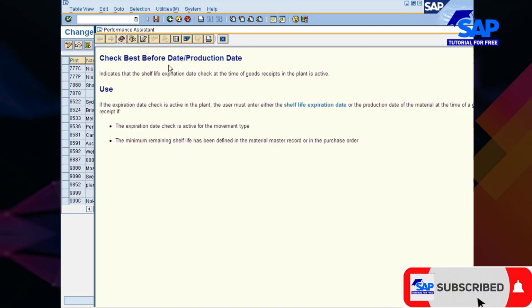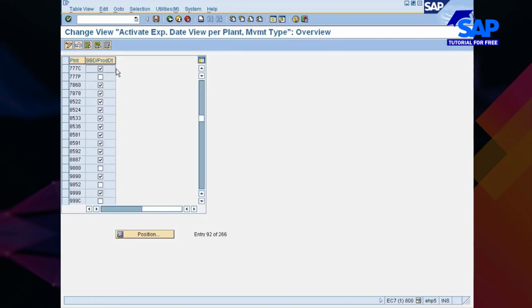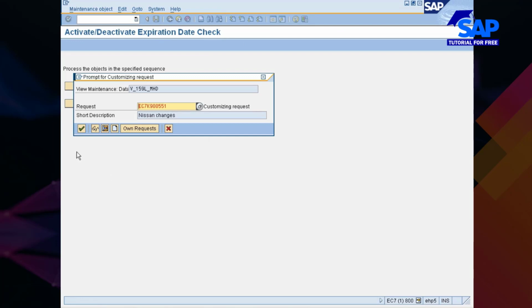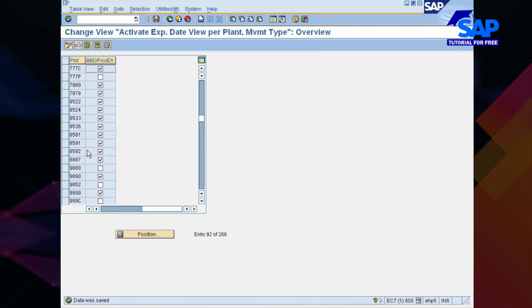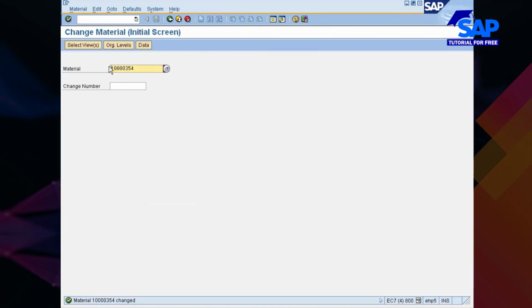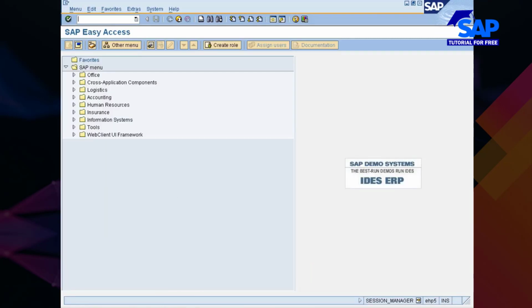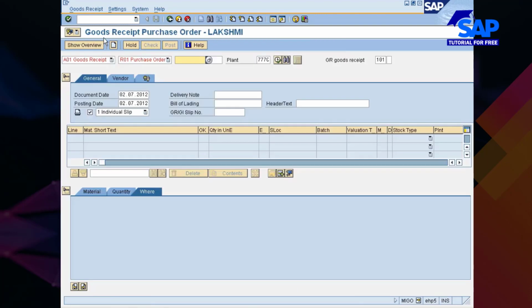Check best before date, production date. So it means what? If you check this indicator, at the time of goods receipt your system is going to ask you what is the production date. My material master is this one. Now you see here, I am going to do goods receipt for this PO, MIGO. POs for the material, the one that we have just changed.